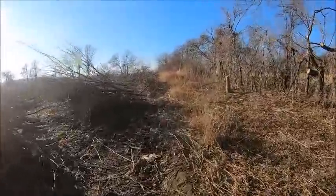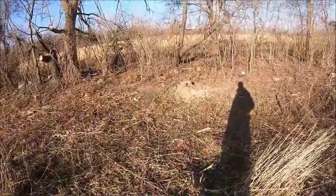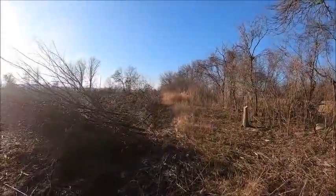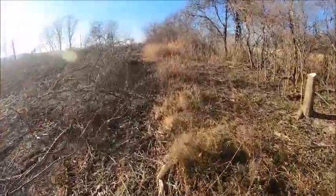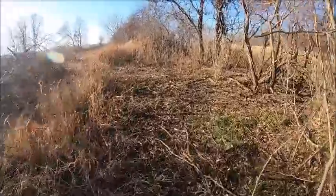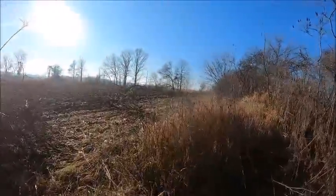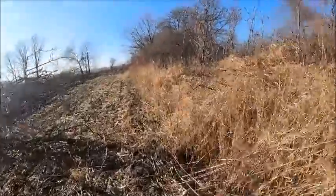But I did make it down a fair piece anyway. Well, I guess a fair piece. Here's where I started. That's where the 2 trees were that I knocked down. Well, there was the big one there, and then a double right there, and then I made it down this far. Apparently there's a wet spot right here because it's all grass, and the few trees that were in there were all dead, so